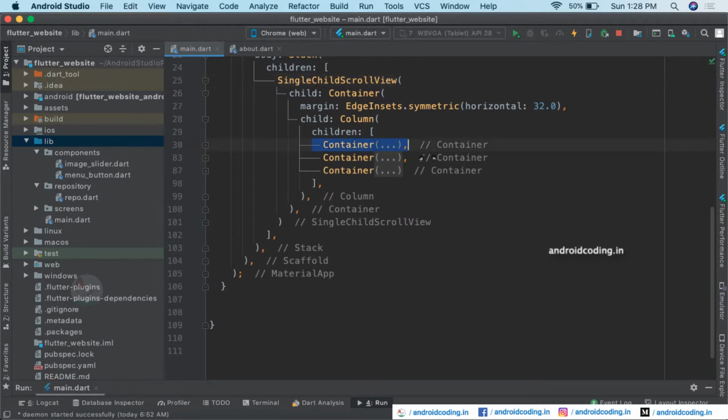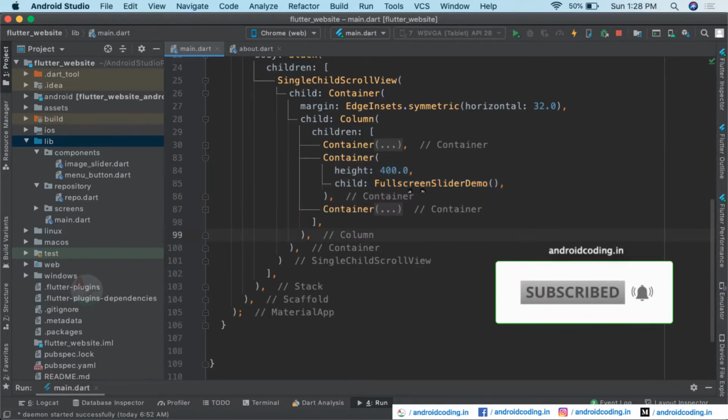So these are the three sections we are having in our website, out of which the header and the footer we are keeping constant for this site currently, and just we are going to alter the body section here. So this is the second container we are going to alter.